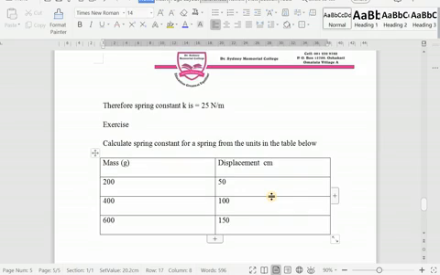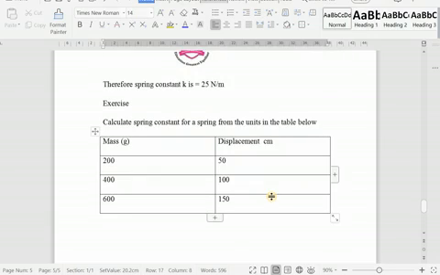So you guys are going to calculate the spring constant for this spring, and you're just going to draw a very simple line graph from this information that you have been given. But I want the information to show the load and the extension. The displacement is the extension, right? The mass is the load. Okay,